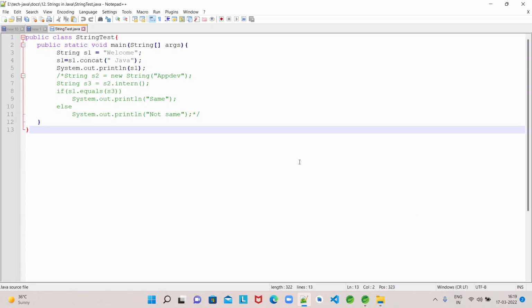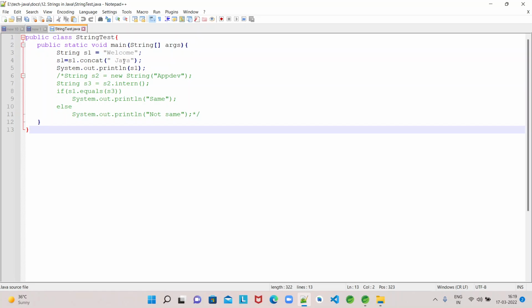In the last video, we have seen the feature of string immutability, the string constant pool, and string interning. In today's video, we will get to know more details about two other string related classes, StringBuffer and StringBuilder. Before getting into the details of StringBuffer and StringBuilder, we will focus some time on the string